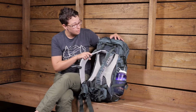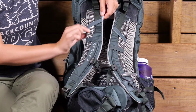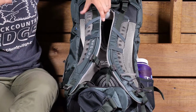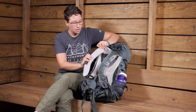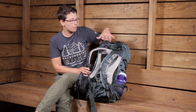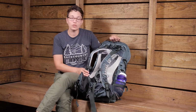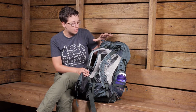Moving into the shoulder harness, it's nice and lightweight because you have die-cut foam, and because of that foam, there's plenty of breathability there. It moves with you. And there's mesh back there as well. So again, breathability and really having a lot of ventilation is a major theme of this pack here. When you're on technical day hikes, when you're moving fast, when you're working hard, this is definitely going to keep